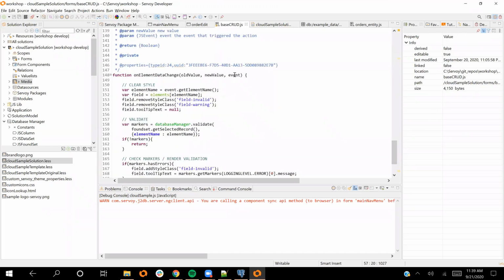So this event itself has a source. And so I did event get element name, and then the field is element name. You could also do event.get source. It will return the same object. So I'm working kind of implicitly. I never said go to this field here. I'm just saying whatever